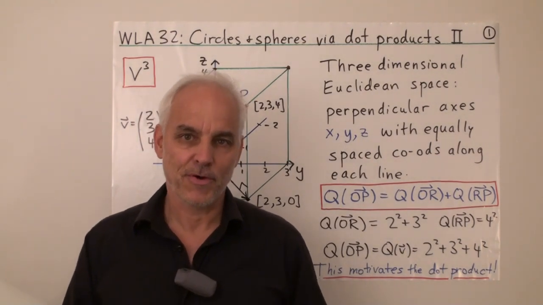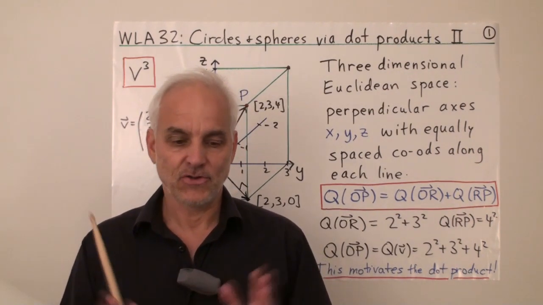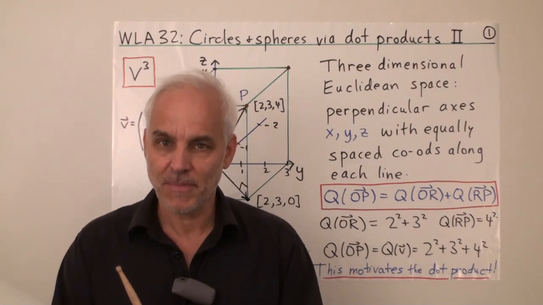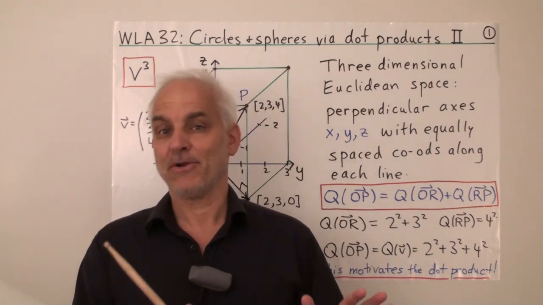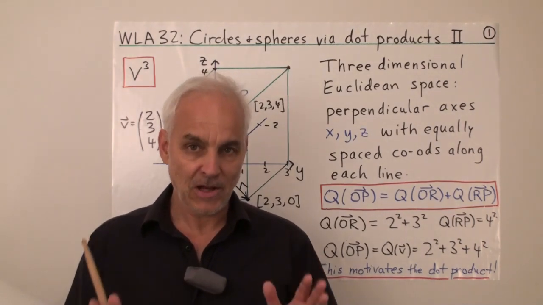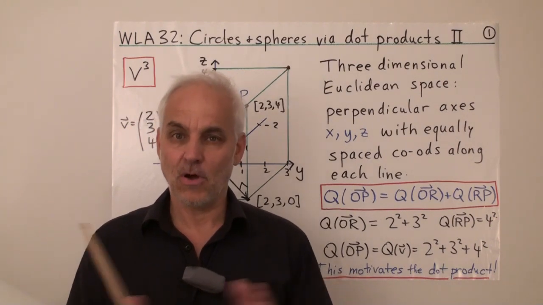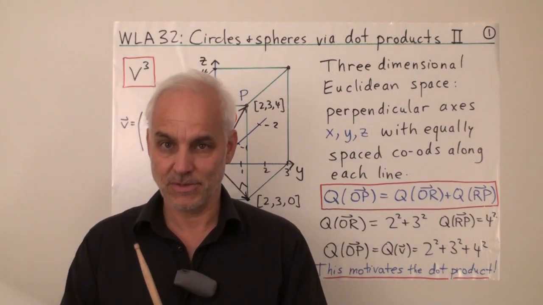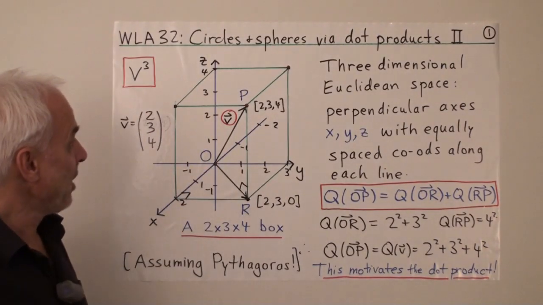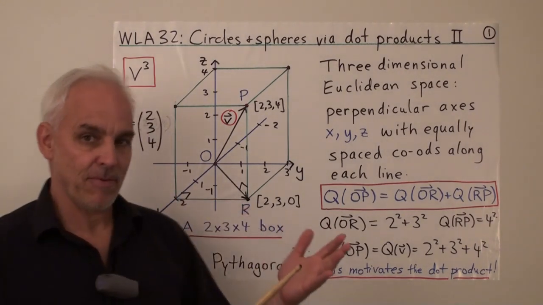Hello, I'm Norman Wildberger. Today we're going to move up to three-dimensional space and try to extend this metrical framework for geometry that we've been developing in the planar case to three dimensions, still based on the fundamental algebraic notion of a dot product, which ultimately underpins all the discussion of the metrical issues in geometry in the linear algebra context. Okay, so we're working in three-dimensional space, and here is our standard representation of it.